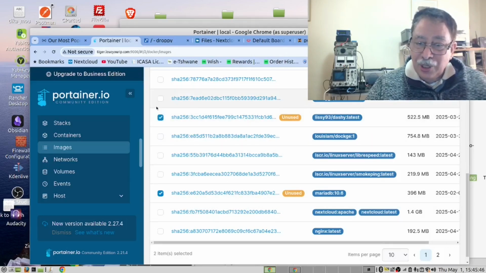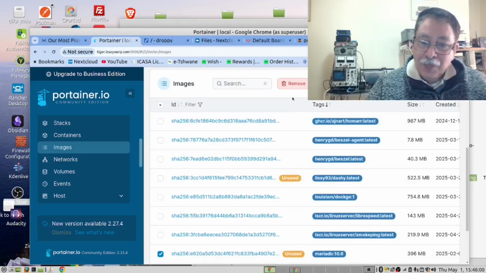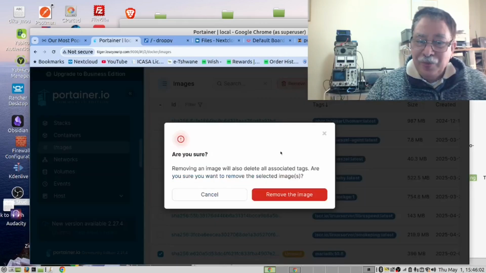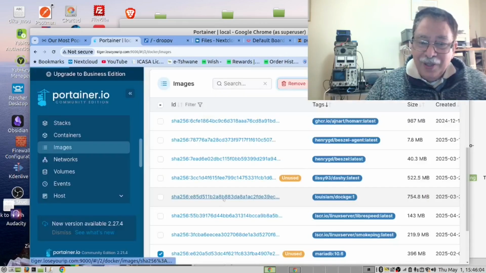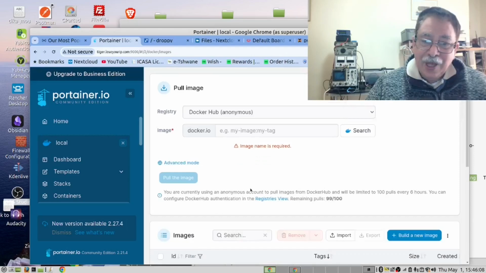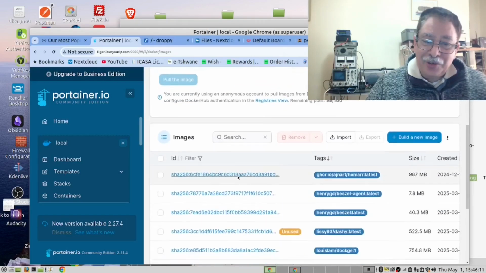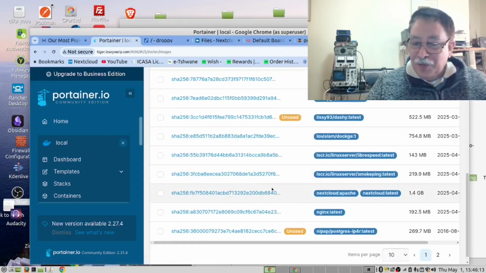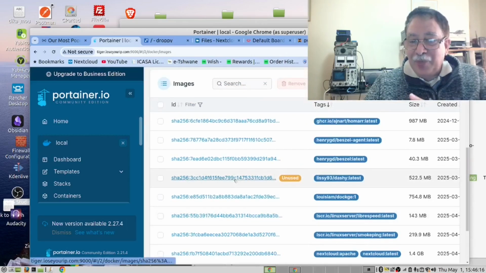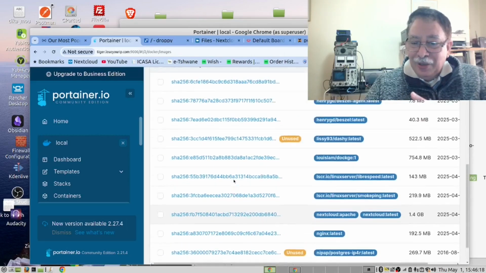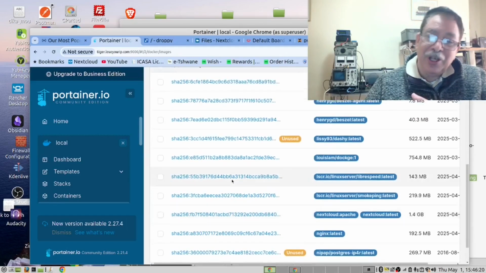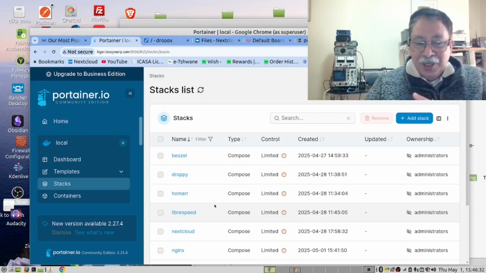These two here. So all you do is click remove, and that image is now gone. And guess what? Our server has got back the disk space. So from here we can see how big the images are and also what images are in our Docker container. It also uses stacks in a similar way to Docs.